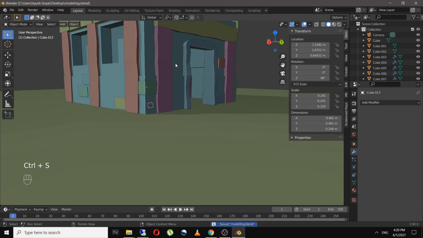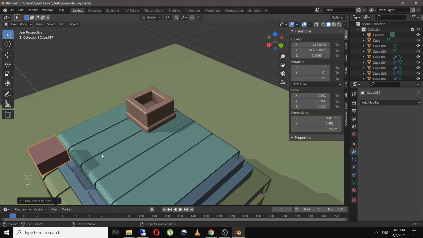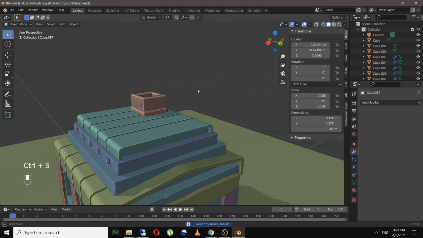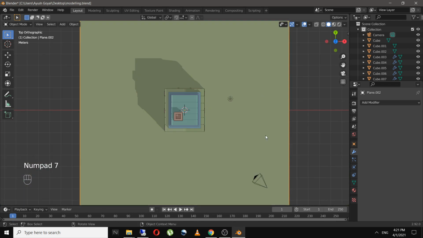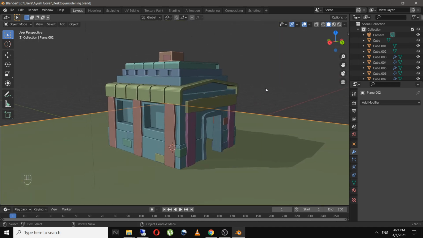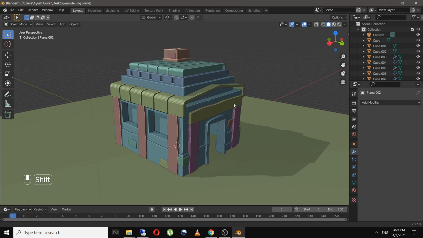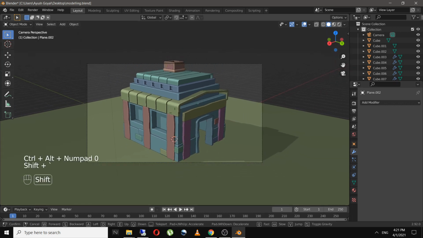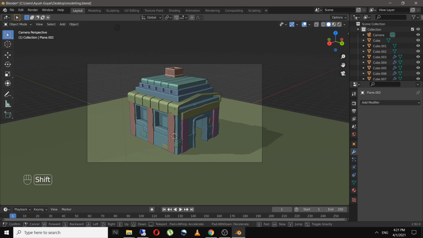Okay. Now I will select the camera angle, something like this, and click on Ctrl Alt 0 and zoom out with the help of S and zoom in with the help of W key.